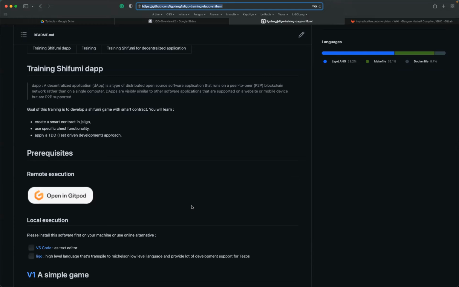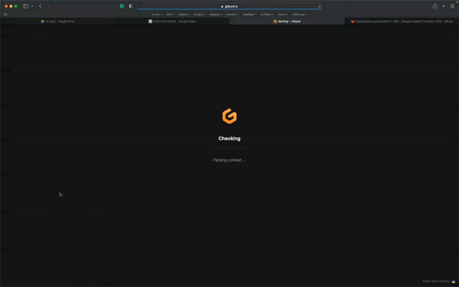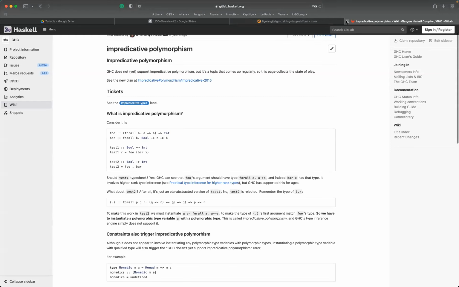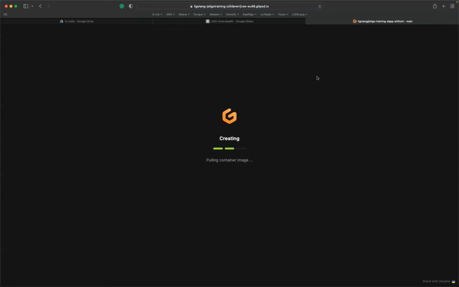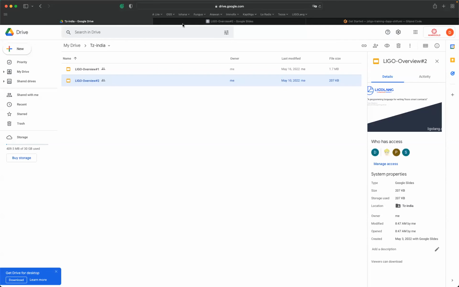In order to open the projects, once again, you have to click on Open in Gitpod if you want to do it seamlessly. So I already did it this morning. So I'm going just to close this window. It is useless today. So it will take time. So during the initiation, I'm going just to do a short presentation.